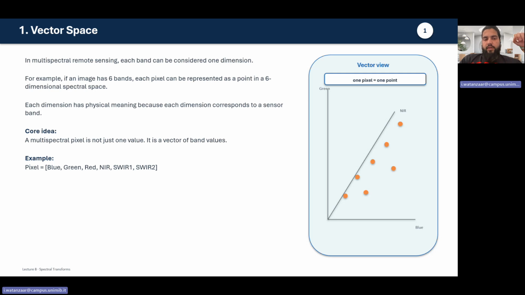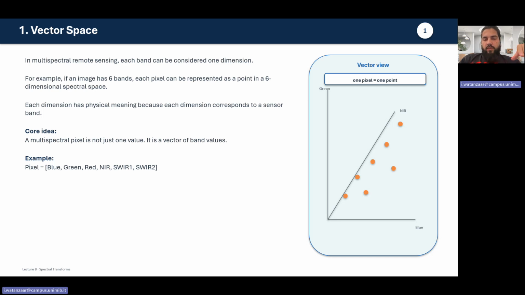The core idea is that a multispectral pixel is not just one value. It is a vector of band values. In a vector, we can have multiple values. As we know, a vector has direction and space, everything. But we are not moving into the mathematical aspect; we are understanding the concepts of advanced analysis, so it's less mathematical. An example is pixels for the blue band, green, red, near infrared, short wave infrared 1